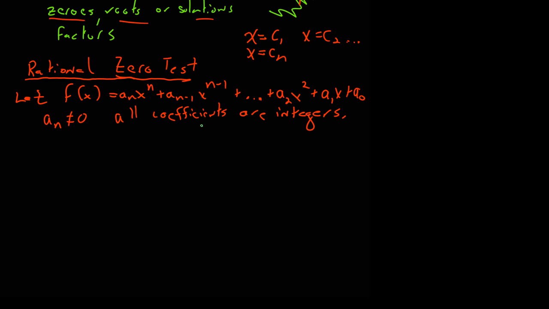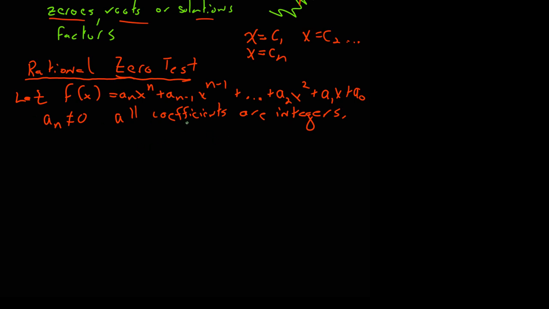They're integers. Now, what's nice is if they're fractions, we can multiply by the denominators to get rid of the denominators, because these things are going to equal 0, or we could factor out the parts that are creating the fractions. A lot of times you'll see when we're solving equations, we'll get these to be integers, because this will help us here. And the fact that a sub n can't equal 0 is saying, well, if this was a to the fifth and this was 0, then I really wouldn't be calling that a fifth order polynomial. I'd be starting with a to the fourth, with the fourth order polynomial. So our leading coefficient has a value.